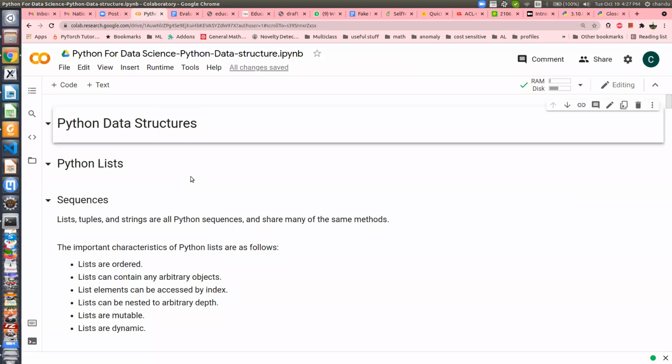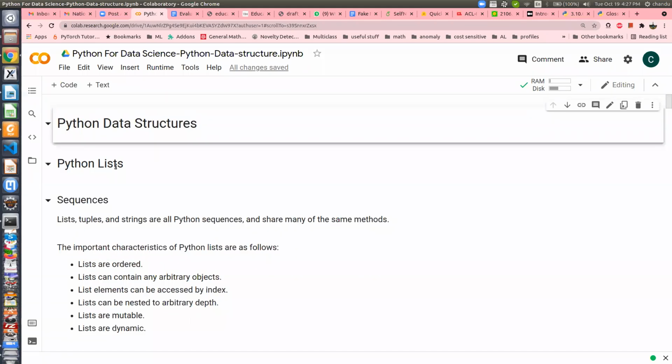Okay. So following Professor Suresh's advice, let us continue our discussion. Today I'm going to talk about Python list, dictionary, sets, and tuple. These are the Python data structures, or sometimes we call them containers because they hold some data. So Python list, the first thing I'm going to talk about.